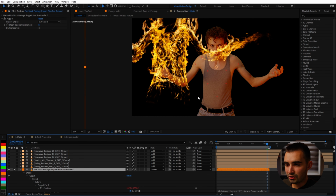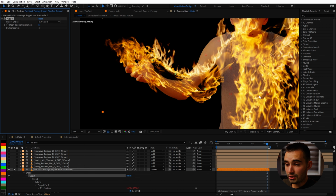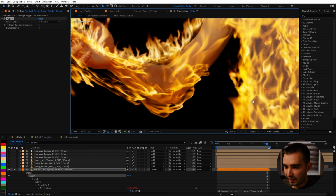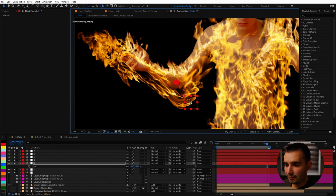It doesn't have the same layer size. So we just have to push this back in place. And you can select the puppet pin effect to reveal those points in the UI. And then just drag this back into place just so they roughly line back up with those nulls. Something like that. And then you'll see that these nulls are affecting the puppet pins themselves and in turn deforming